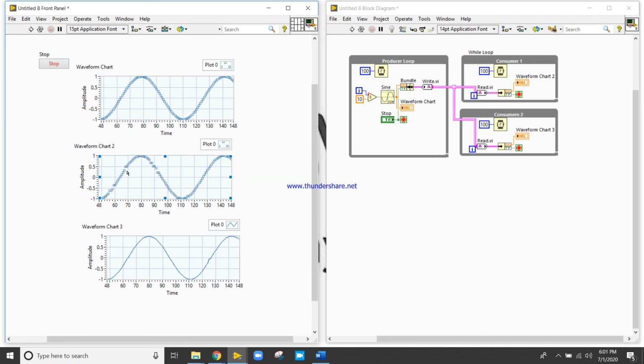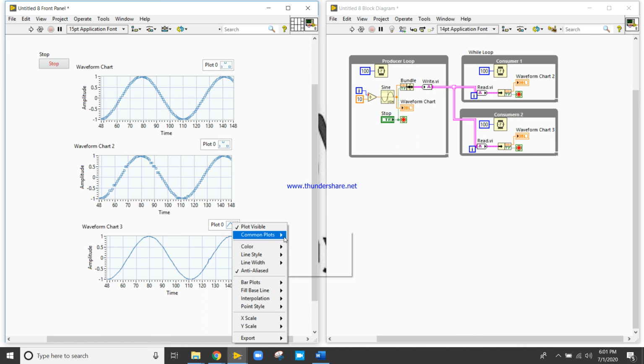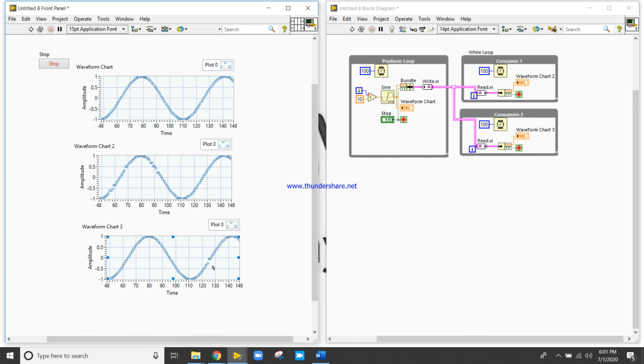Now you can see there is data loss also. If I right click here, you can see there is data loss on this platform, or it is data overlap, but it is a data loss concept. Since it is forkable, we call it forkable channel. Thank you for watching this video.